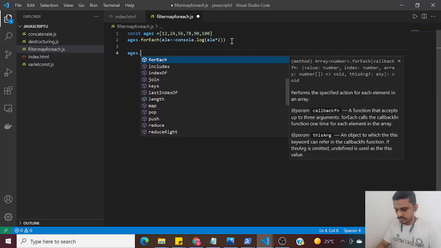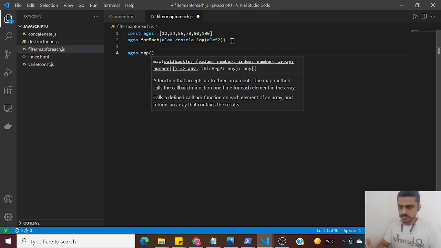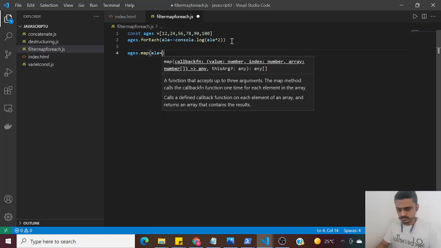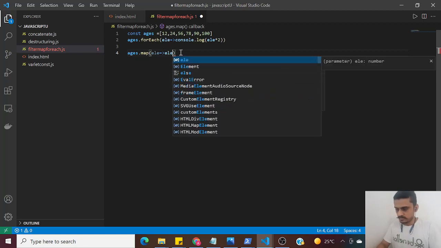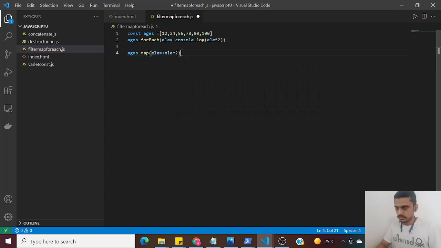So ages.map. The syntax is almost similar: for every element within this ages array, let's say I want to multiply by 2. How am I going to do that? Multiply every element by 2, right? But guys, for each doesn't have a return type. Though it has modified the array,